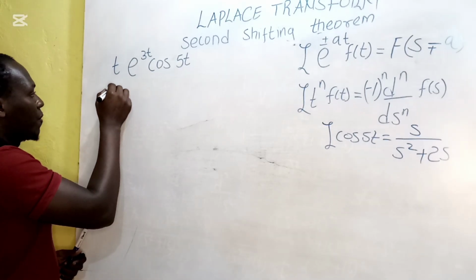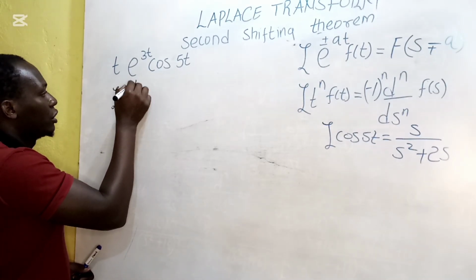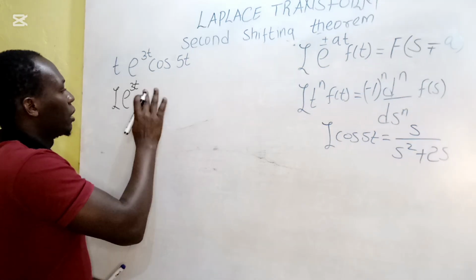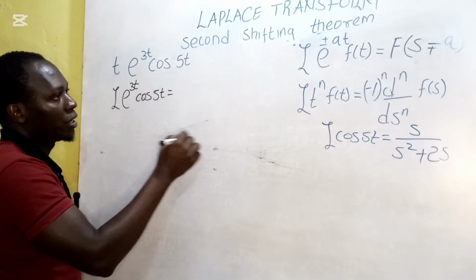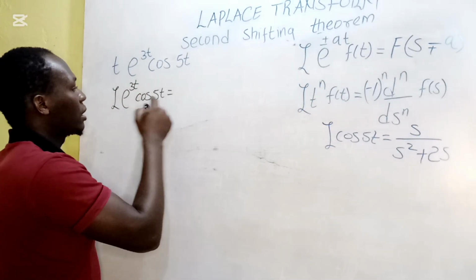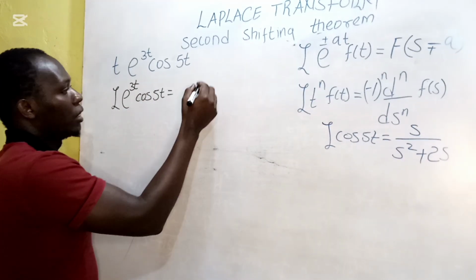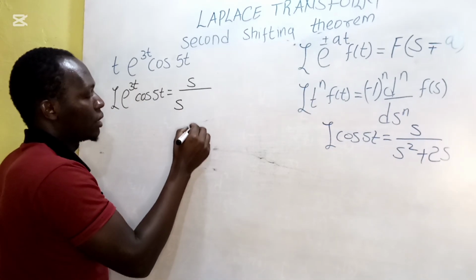And by this first shift method, we are going to have exponential 3t cos 5t is going to be equal to, we are going to use our formula whereby we understand that the Laplace transform of cos 5t is equal to s all over s